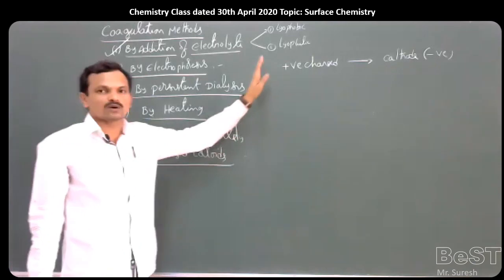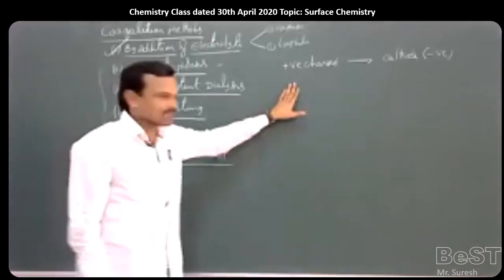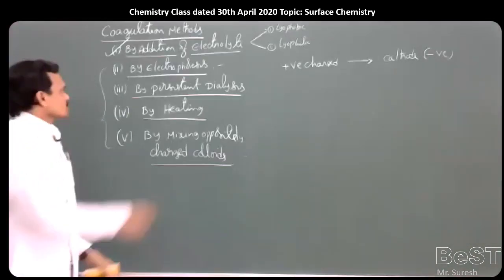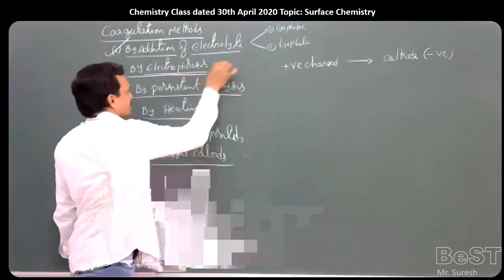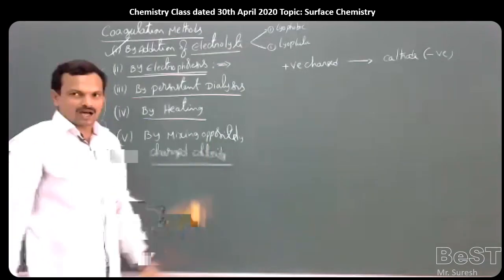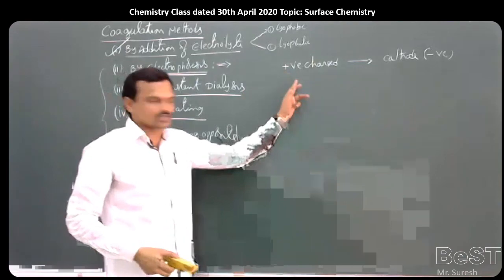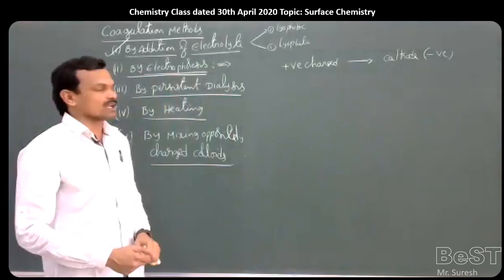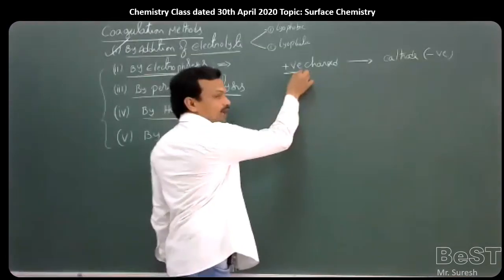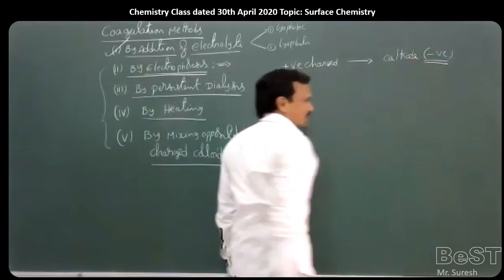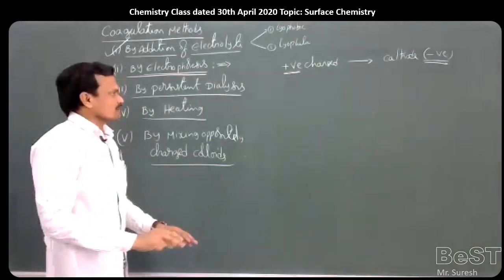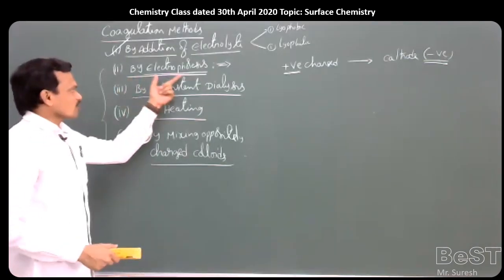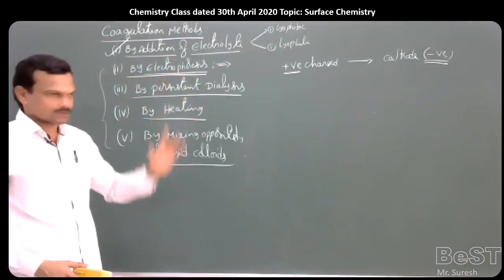Whenever the charge present on the colloidal particles is neutralized, the particles undergo coagulation and get settled by gravitational force. So if the electrophoresis process is carried out for a long time, the colloidal particles migrate towards the oppositely charged electrodes. At that electrode, the charge present on the colloid will be neutralized. As a result, the particles undergo coagulation and get settled. So by electrophoresis, we can coagulate the colloidal particles. This is the second method.